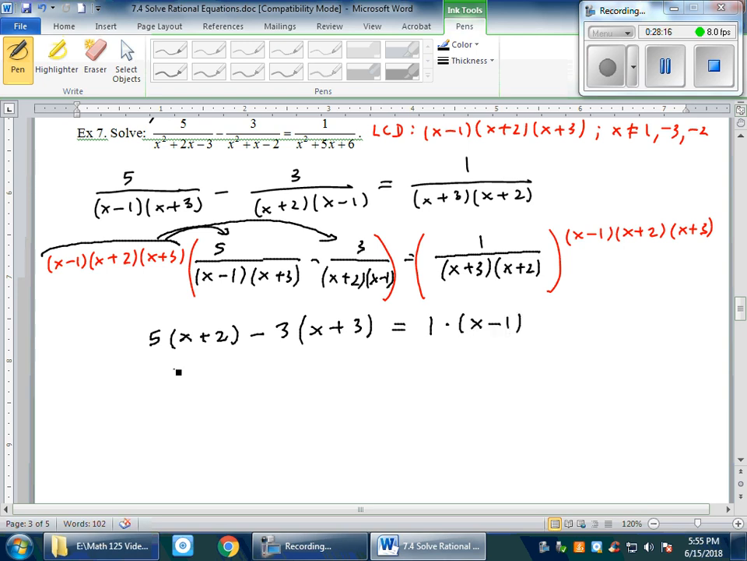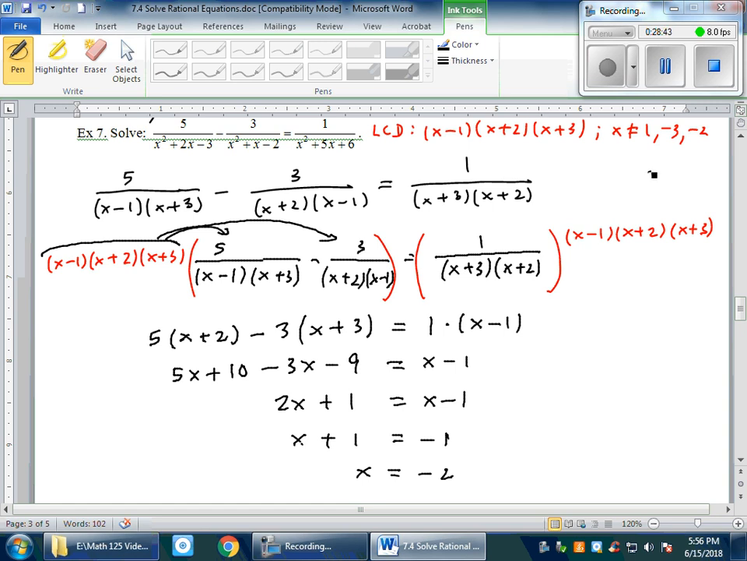So now, simplifying this, distributing 5, distributing negative 3, and distributing 1 on the right hand side. Combining like terms on the left hand side, that becomes 2x plus 1 is equal to x minus 1. Subtracting x on both sides, subtracting 1 on both sides. And you can see that this negative 2 is part of the restriction, so therefore, again, this is a no solution case. Okay? Now, continuing this,